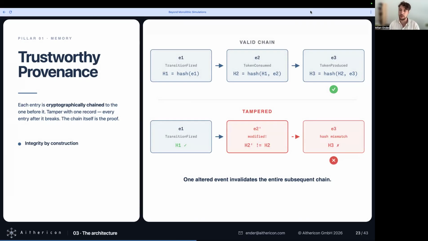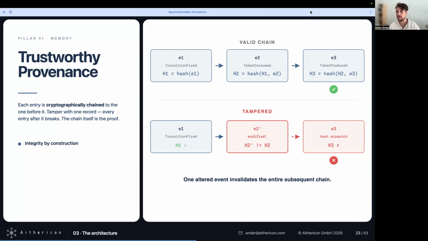And another cool thing we can do here is also we can make this verifiability gain even more trust by applying a technique that is called hash chaining. So basically, we have the first event, we apply a hashing algorithm to that, then we take a new event and the old hash outcome and apply the same hashing function again. And we can do this in a chain. And so by that, it allows us to really verify the integrity of all past events, of all past transactions.